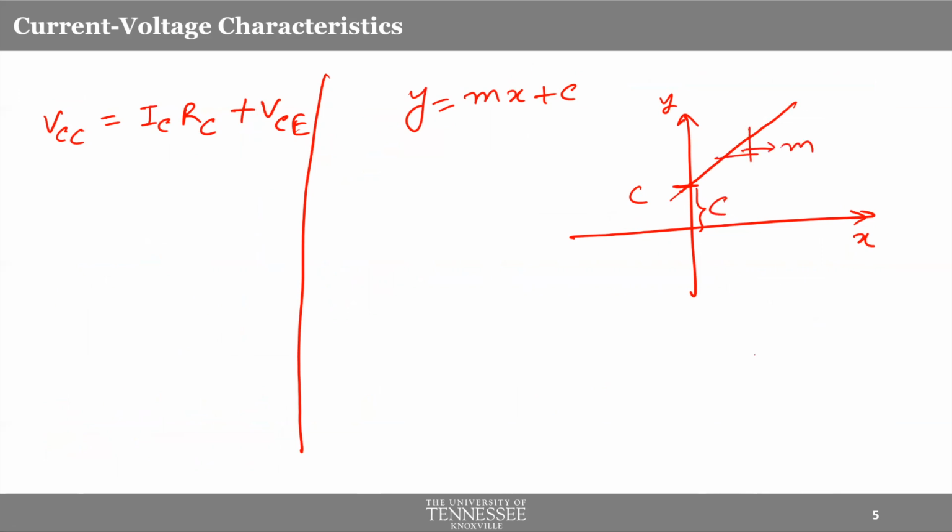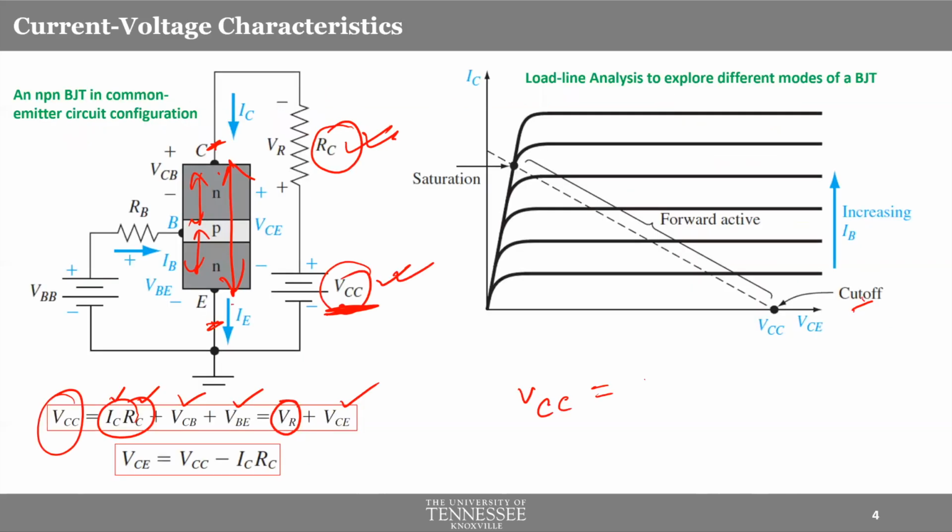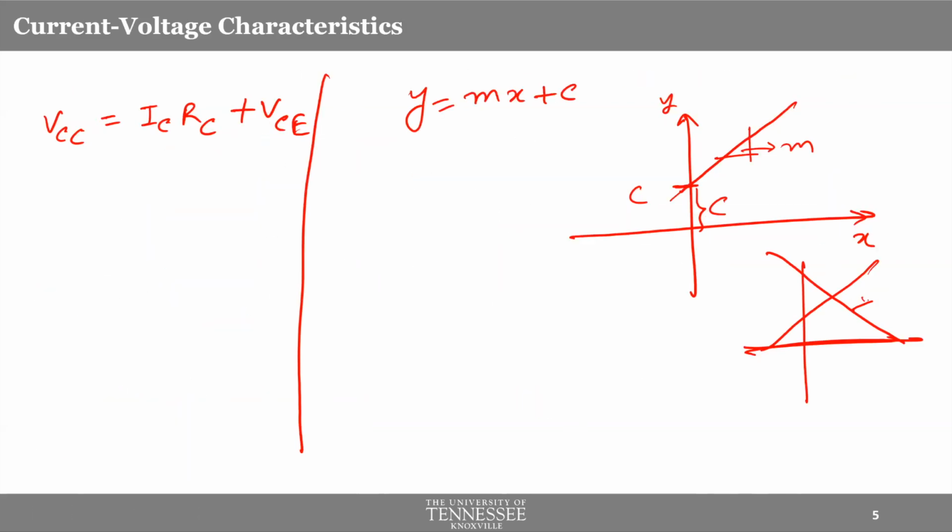If you have a positive slope, the line looks like this. Negative slope, like this. Okay, negative slope, and this is positive slope, right? We know that. Okay, now